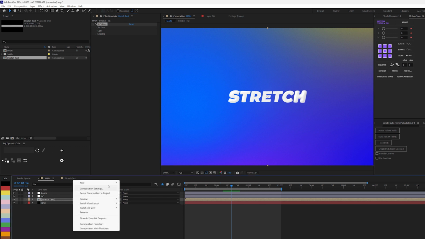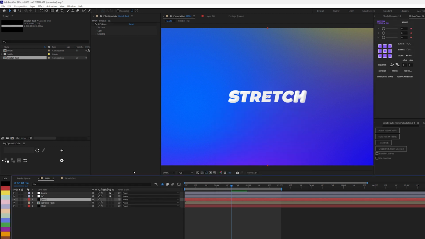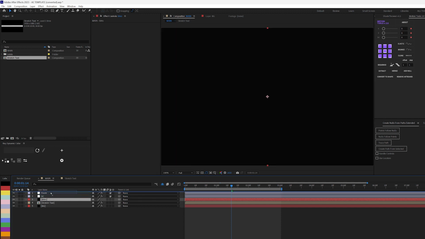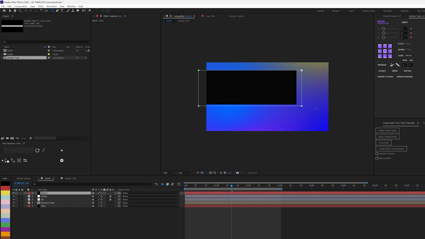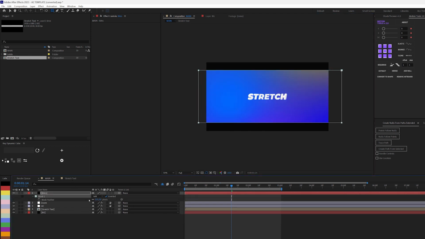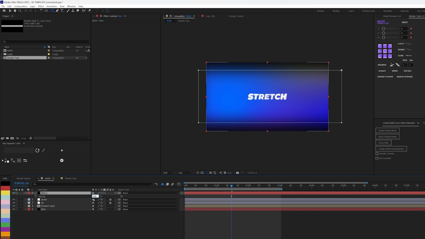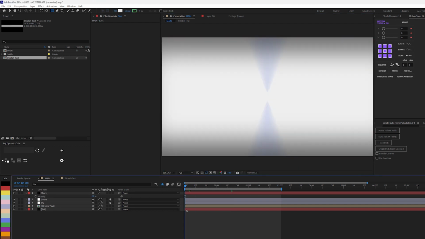And then the last thing that I did was to create a black solid. I'm going to call these bars, and make sure that this is on top of everything. Click on my shape tool, the rectangle tool, and do something like this, then invert it, then increase the feathering quite a lot, something like this. Then I'll reduce the opacity to, let's say, about 60%. And by so doing this, we have our animation,